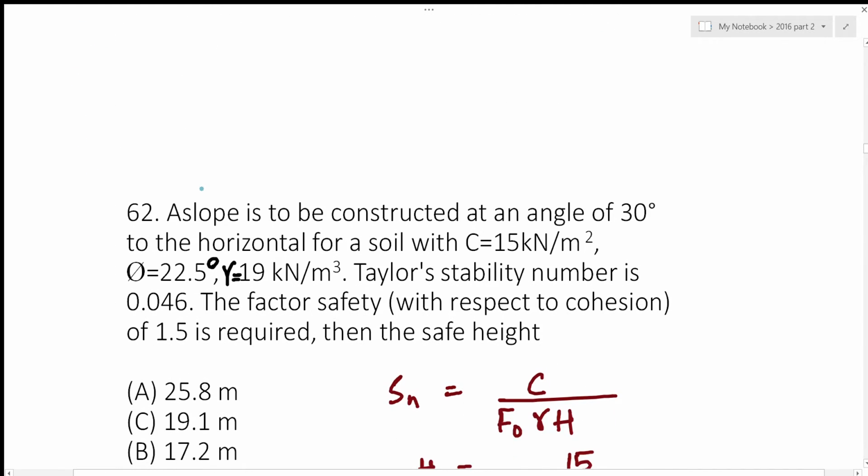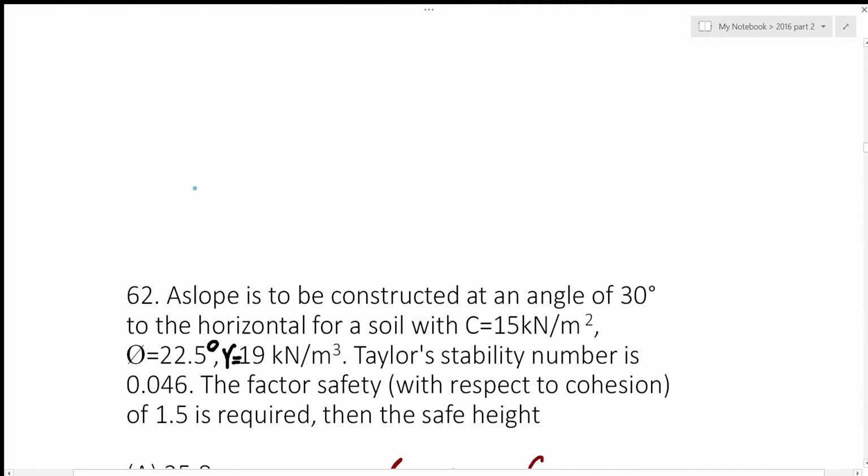Next question, a slope is to be constructed at an angle of 30 degrees to the horizontal for a soil with C equal to 15 kilonewton per meter square, phi 22.5 degrees, gamma is 19 kilonewton per meter cube, and Taylor stability number is given, and also the factor of safety is given. Now you need to find the